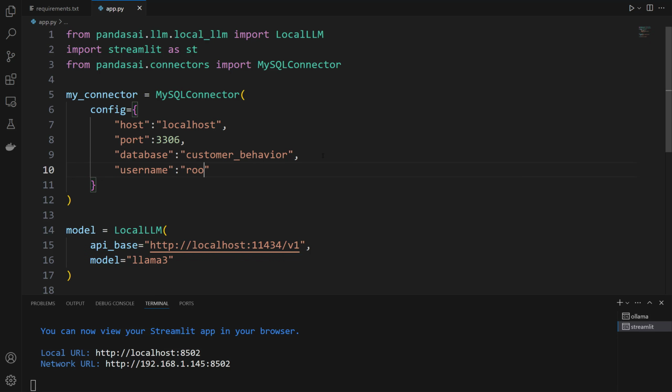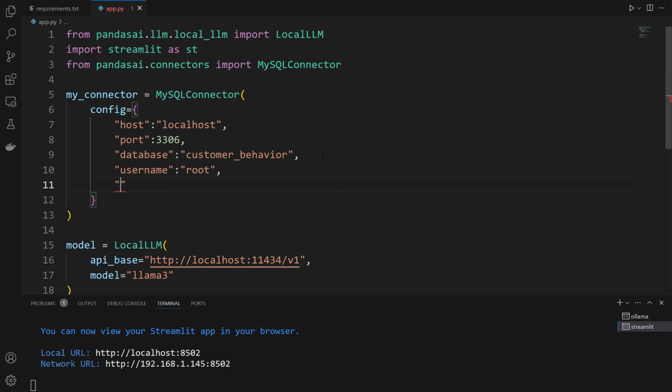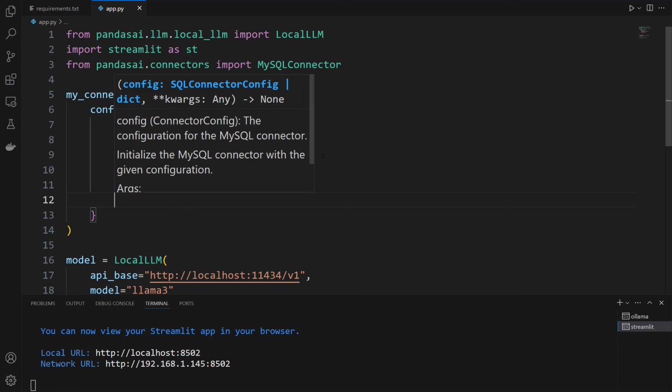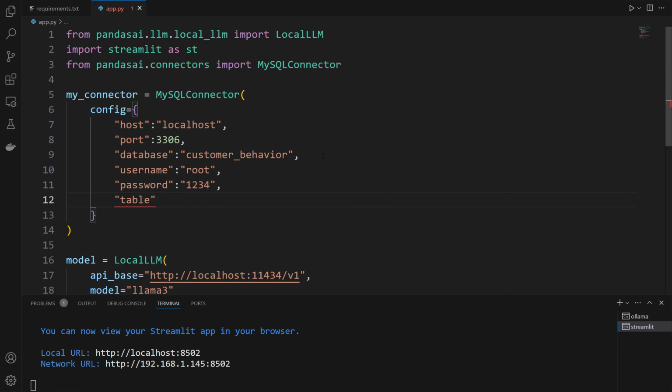Let's pass root. And then let's set our password. Password equals, let me write 1 2 3 4. Lastly, let's give our table. Let's pass customer. Awesome, our connector object is ready to use.